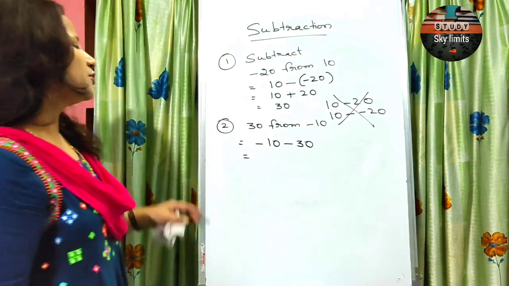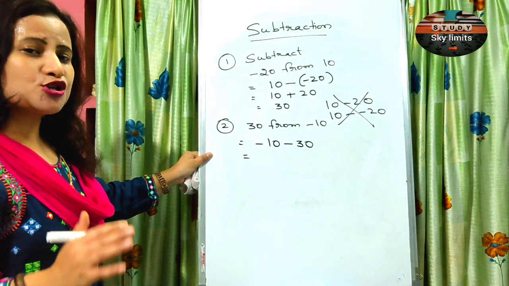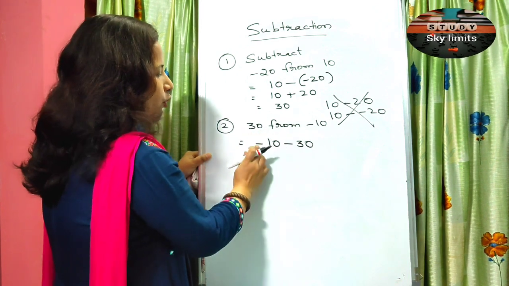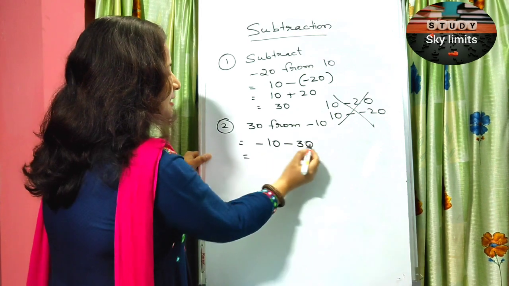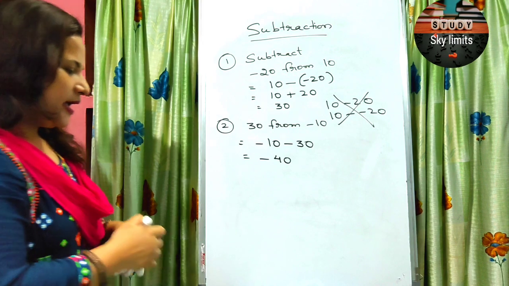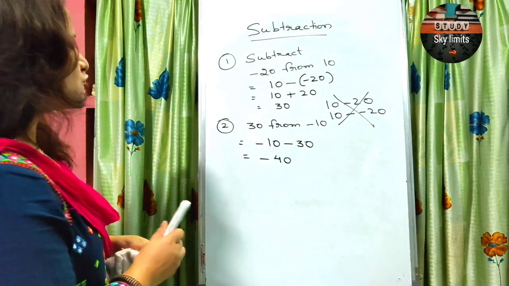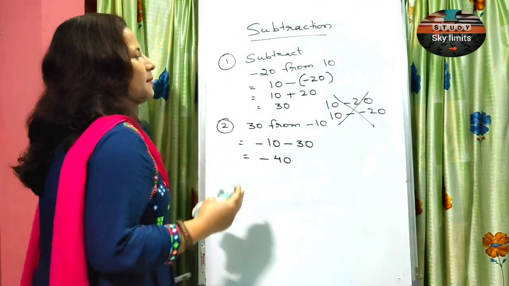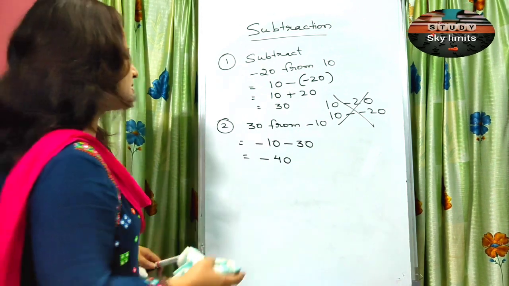Now again go back to the rule number 3 that I had taught you on the addition and subtraction of integers. Both the numbers are now negative. And if both the numbers are carrying a minus sign, that means you are supposed to add 10 plus 30, which is 40, and give a minus sign. As you go on practicing, this type of question will become easy. A lot of practice is required for the first few days so that you become acquainted with the positive numbers and the negative numbers. Already you are acquainted with positive.